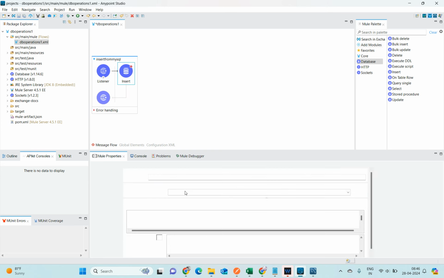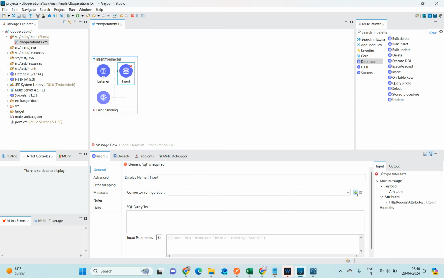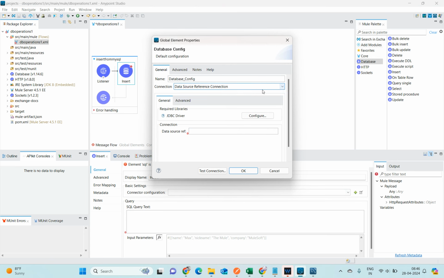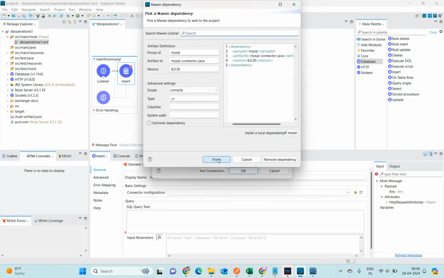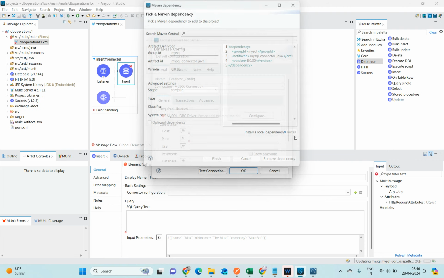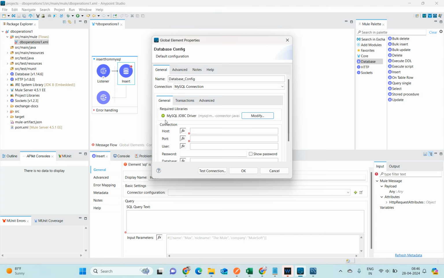So once I drag and drop, it will be showcased here. So I'm just going to give a connection here. I'm using a MySQL connection. Now this JDBC driver, I will get it directly from the Maven dependencies. I will add it from there. So once I click on finish, it will come to the green mark. So I will use configurations, localhost, port 3306,